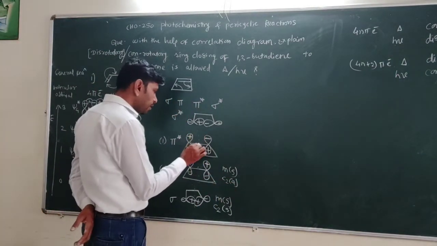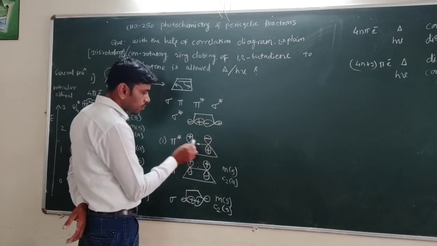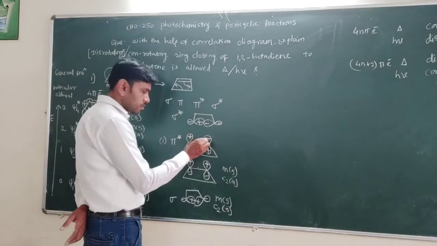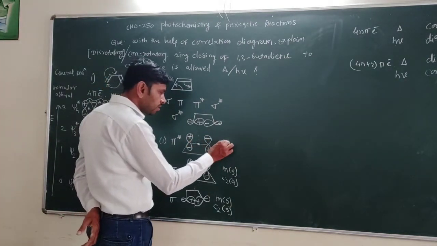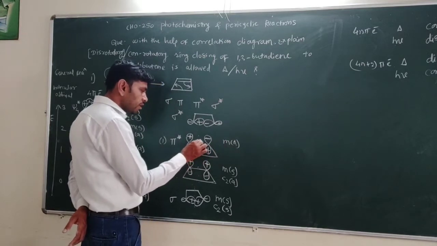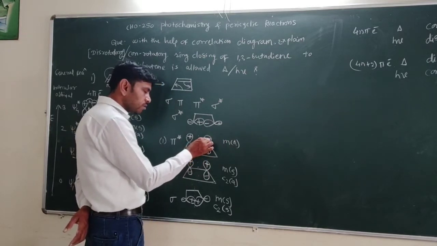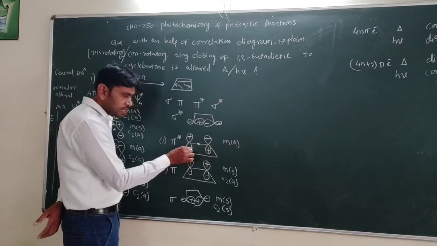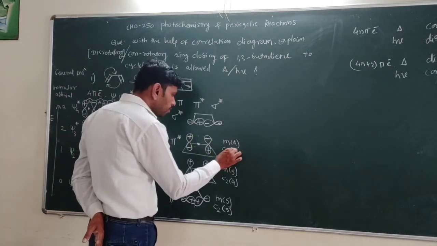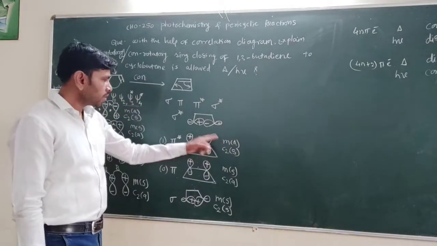Okay. What about M symmetry here? We pass the plane and fold the orbitals. Then plus overlaps on minus, minus overlaps on plus. That means M asymmetry. And what about C2 symmetry? Consider the central point. We go some distance, negative sign, and the same distance in the opposite direction, negative sign. That means C2 symmetric here. Here C2 symmetric, M asymmetric.